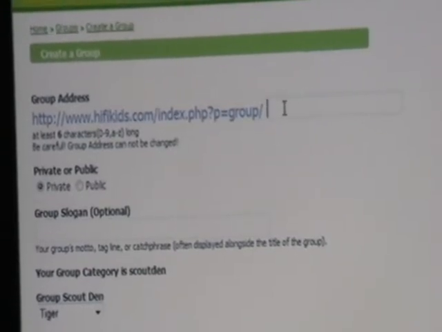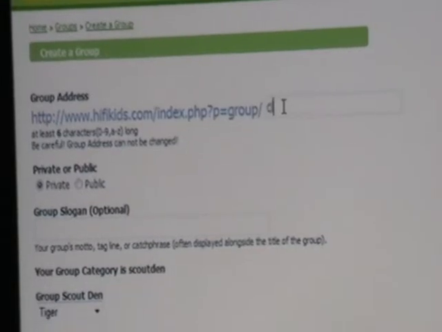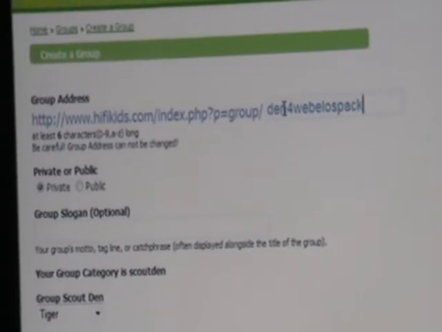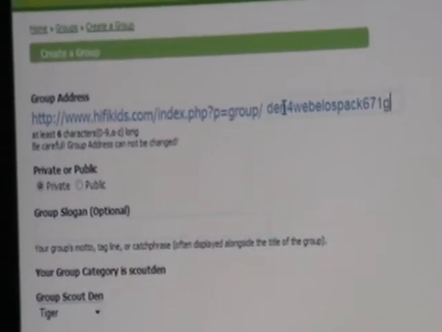Let's say your Scout group name, you want to put it as this is for the website where it is going to show your Scout group, and let's say it is Den 4 Webelos pack 671 Gurney.